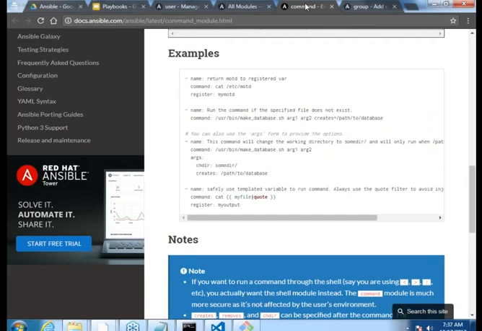Okay. Forget about the register which you are looking at over there. There is a command called cat /etc/motd. And if you come down, you are seeing something like /usr/bin/make_database.sh arg1 and arg2. Okay. What are they?